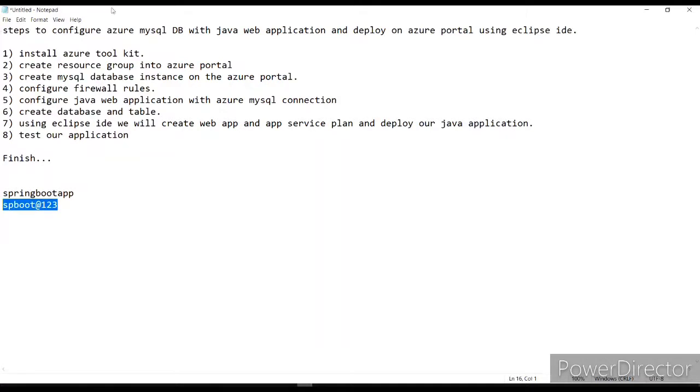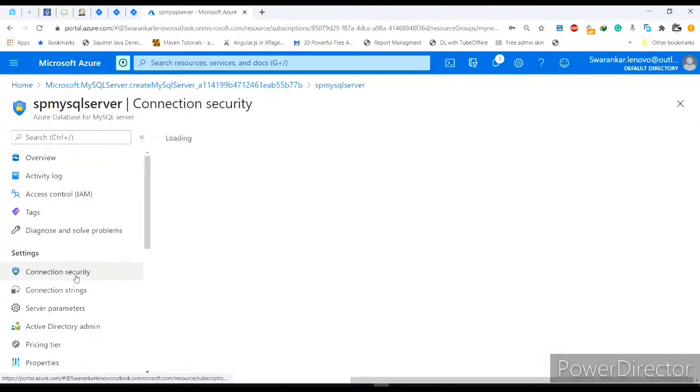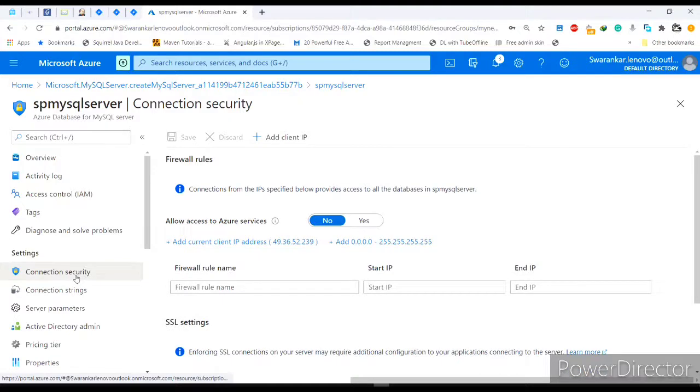Now we need to follow step number 4, configure firewall rule. For the configuration of firewalls, we need to go to connection security, which you will find under the settings part.